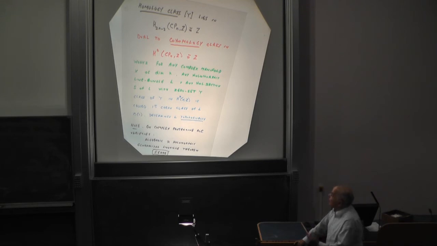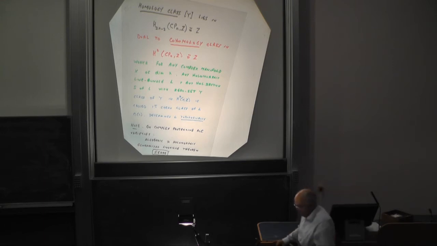So if you're in projective n-space, it will have dimension 2n minus 2 real dimensions, and it defines a cycle, a homology class, in the complex vector space, and the complex vector space has one generator in homology in every